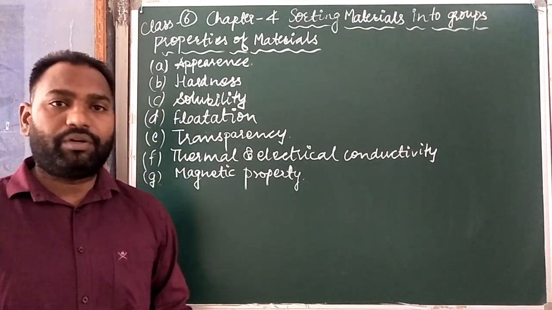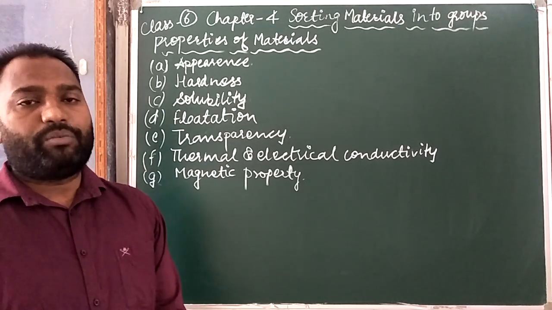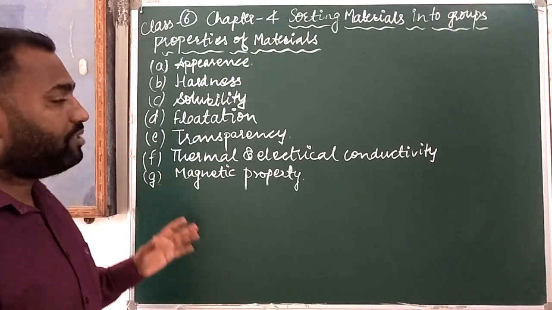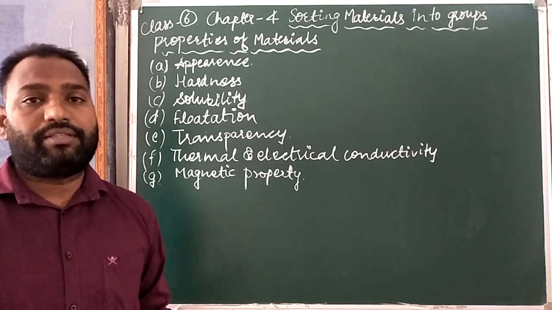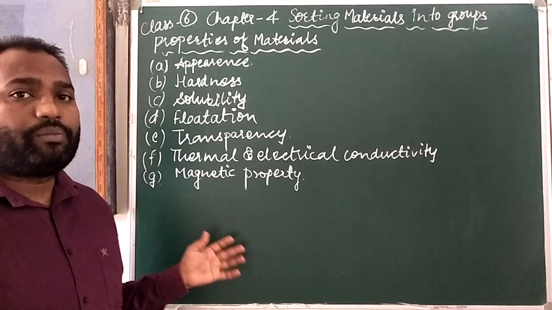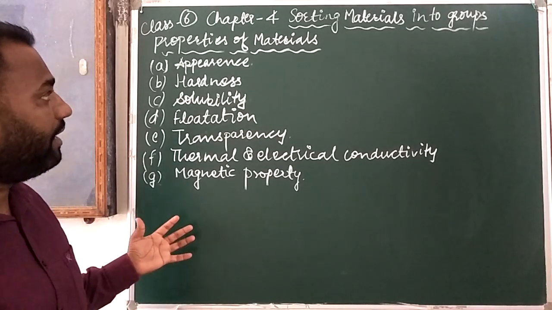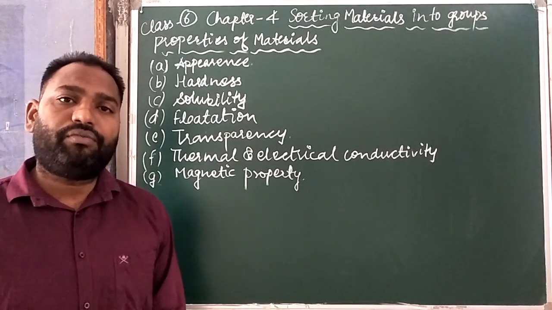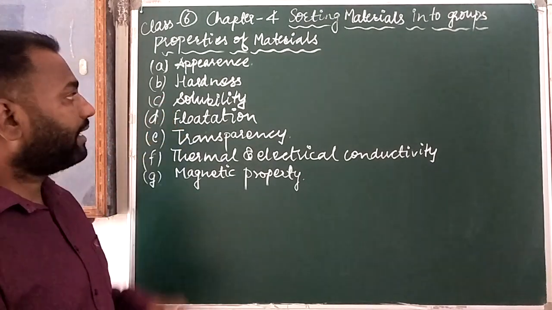It means how they look and how they shine, and how strong that shining is. So appearance means they are lustrous, like metals; gold and silver are generally lustrous materials, and some non-metals have poor shining. Now we are discussing some more properties of these materials, and in that, second is hardness.